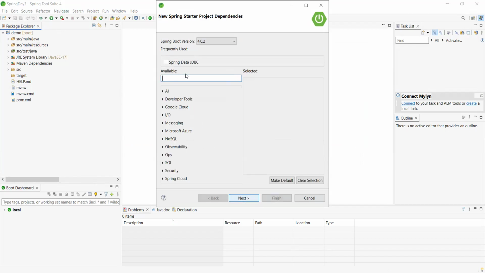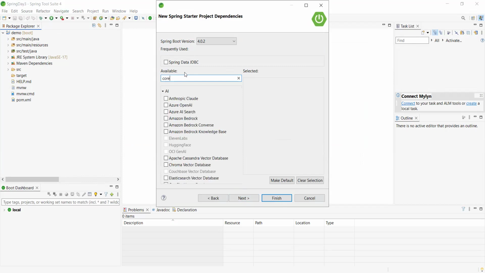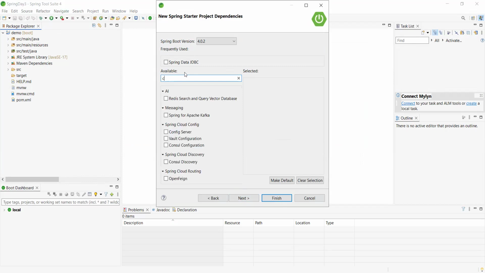Spring Core, let me start with core. C-O-R-E, nothing. Is there any module like Spring Core? Okay, Spring Core, not a module. So I'm asking you this question: do you think Spring Core is not a module? What is your answer? No, sir, this is a module. Spring Core is a module. Obviously, Spring Core is a module.